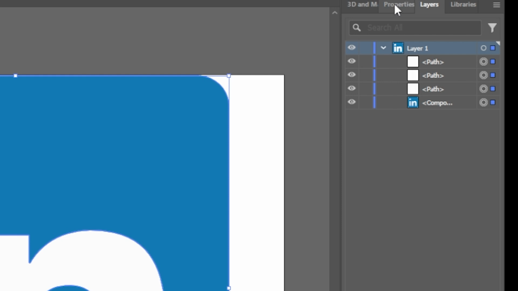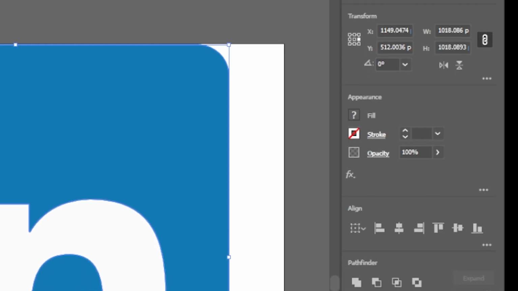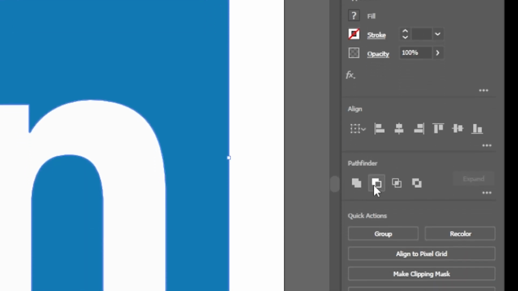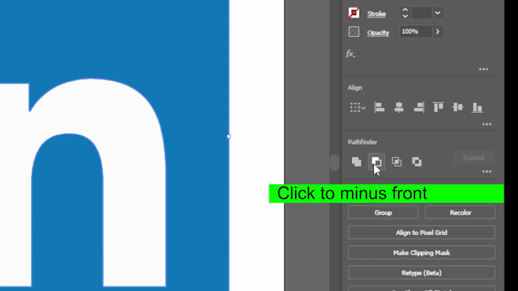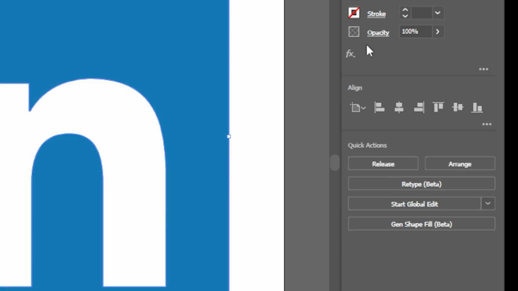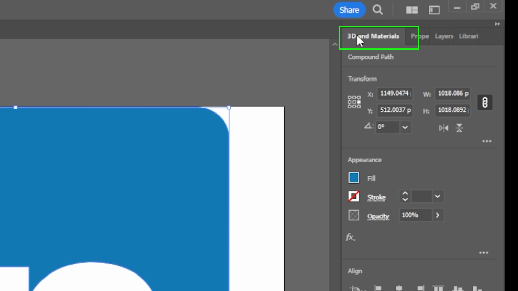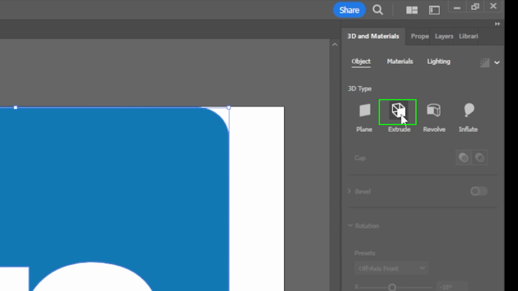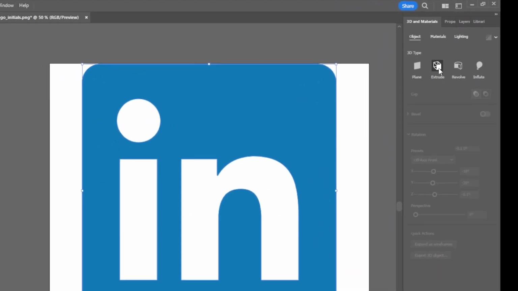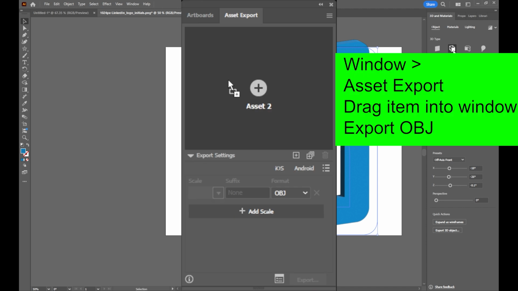Then select the object again. Flip over to properties. At the Pathfinder, click minus front, and that breaks it apart and takes out the white of the lettering. Then we extrude in our 3D panel, and there you go. We've got our image. Now we send it to the